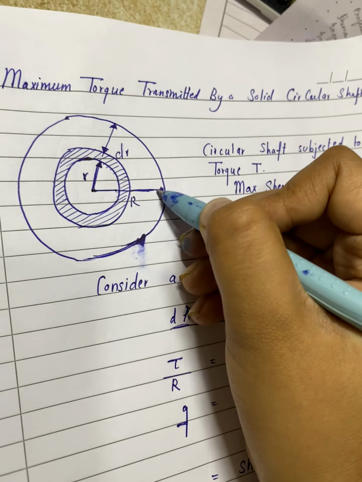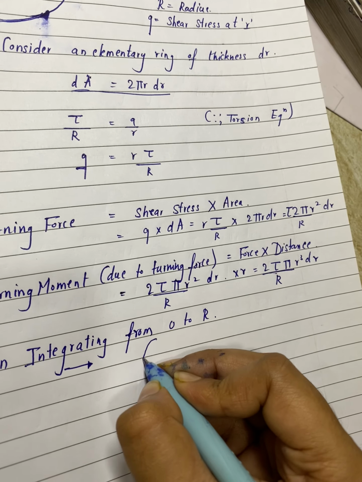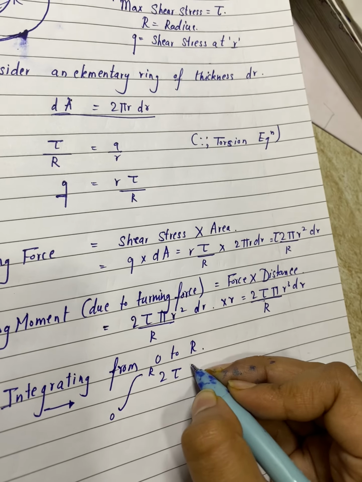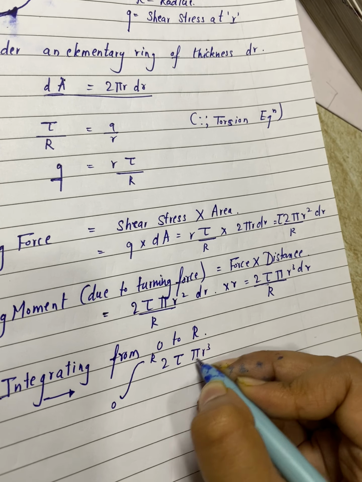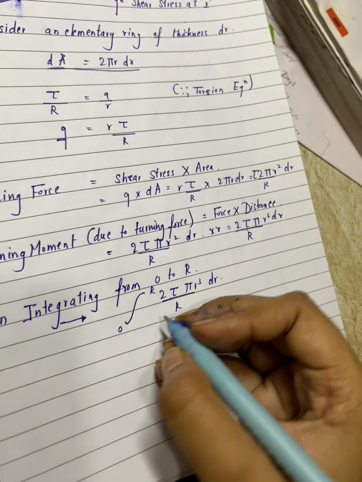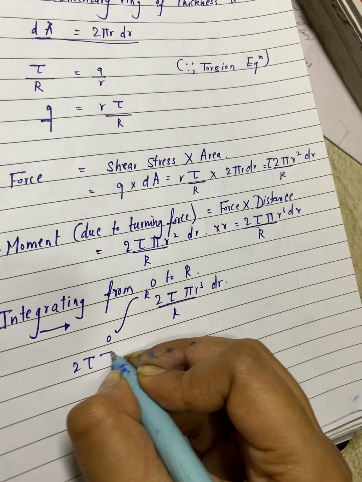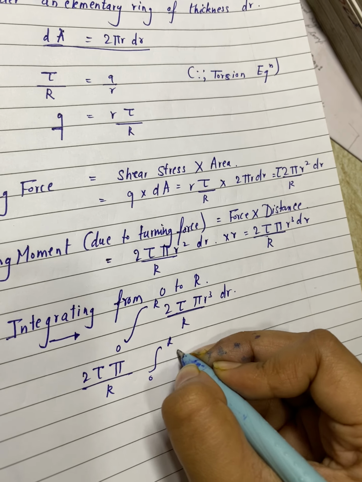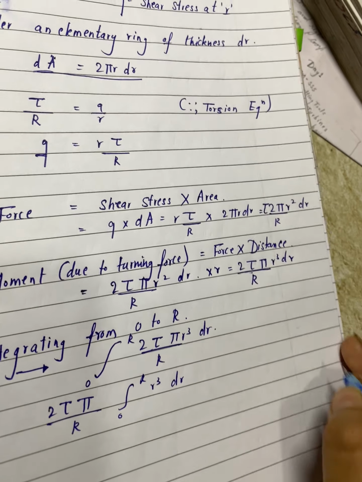From 0 to R. Just write the thing as is here, right? Basic integration, let's just pull out all the constants outside. We are left with r cube dr, which will be